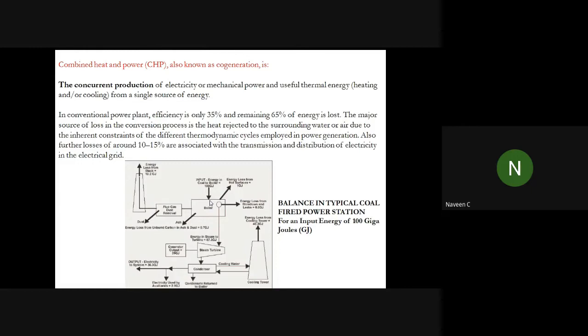So the coal content energy will be taken as 100 gigajoules. What does this 100 gigajoules mean? It is the coal calorific value. Generally, we say that a good coal will have a calorific value of 400 kilocalorie per kg. 1 kg of coal will have 400 kilocalorie. It can also be converted into joules. There is a conversion factor which you can use to convert kilocalories to joules.